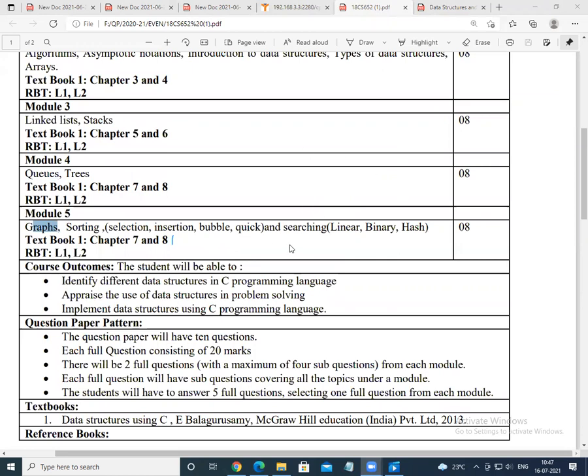So tomorrow's class is also one of the important classes. I'll explain quick sort. Remember, I'll explain what is quick sort, and what are the advantages or the complexity in implementing the quick sort. If you have any doubts, I could repeat the sessions on selection, insertion, bubble, quick, and linear and binary search. I had explained it.